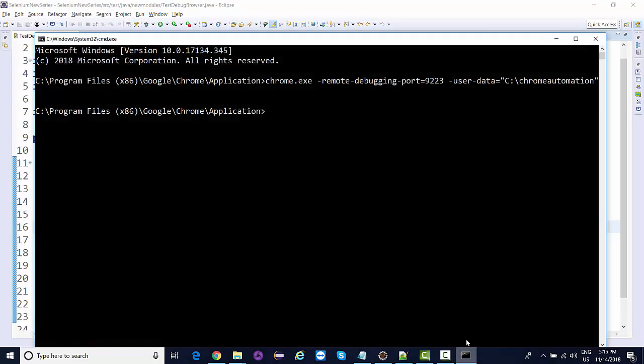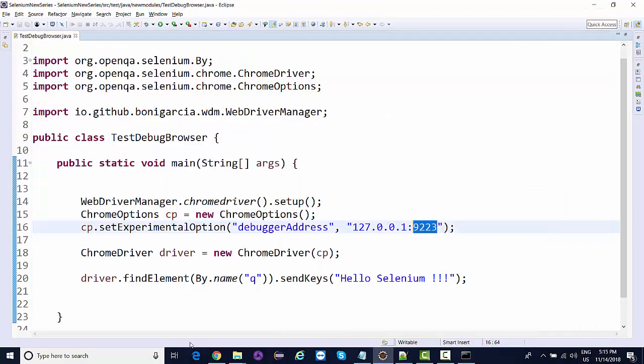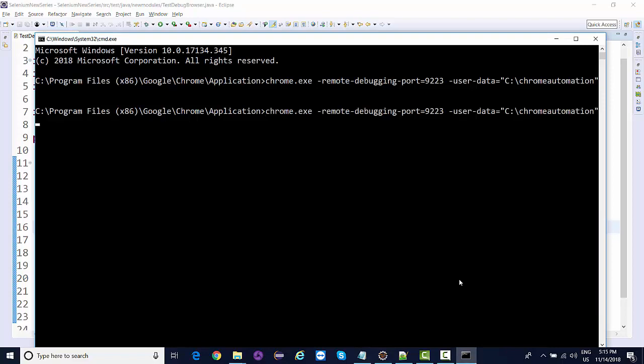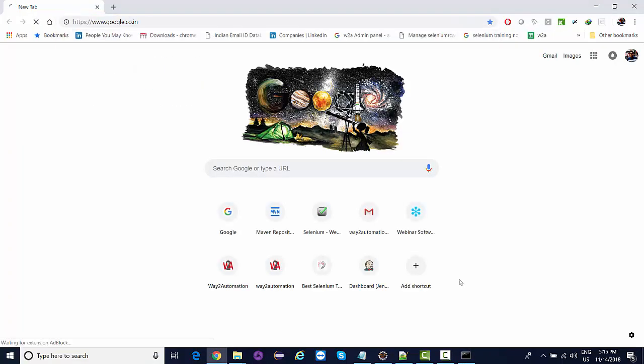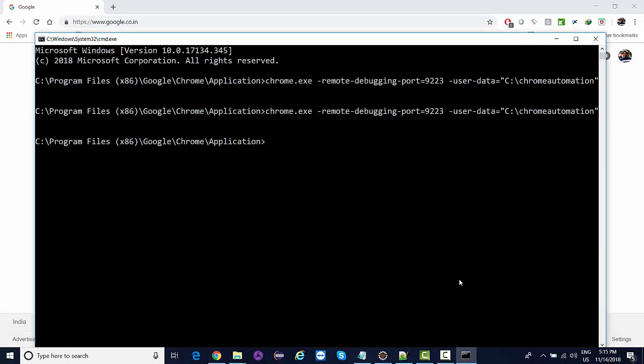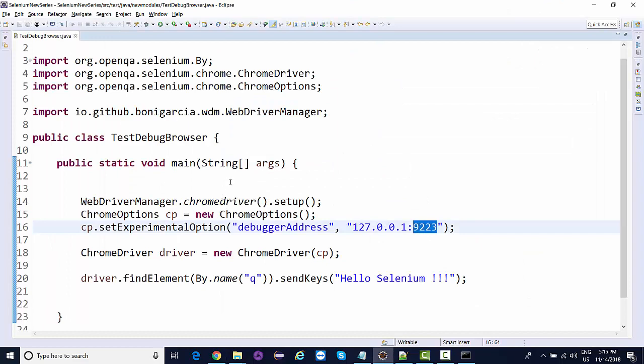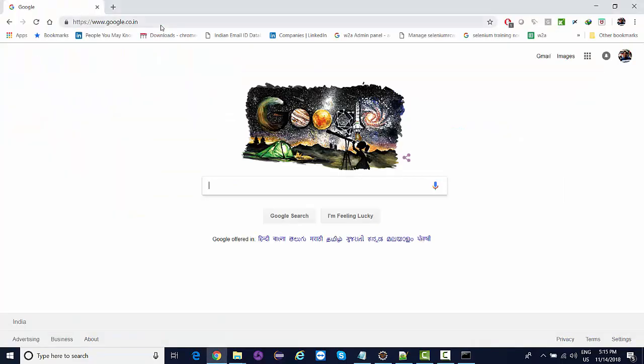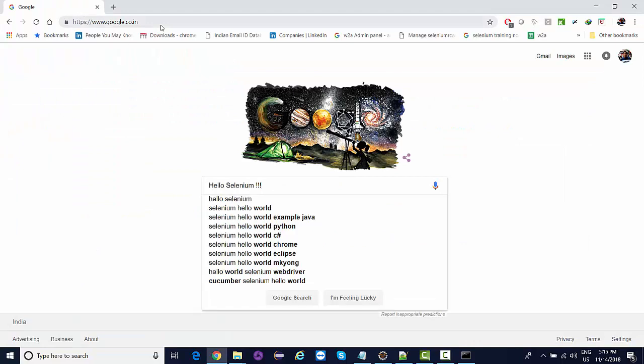Once again, if I close this and fire this command again, this will launch a browser. If I go to google.com or any website of your choice which you want to automate, and you just run your test from here, you're going to see that it will type on